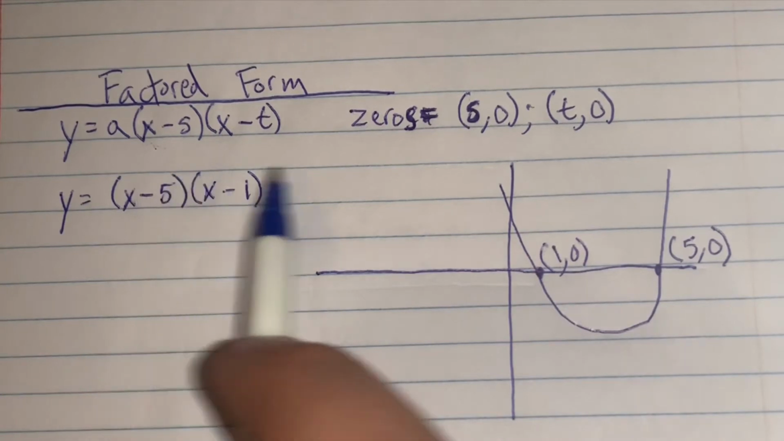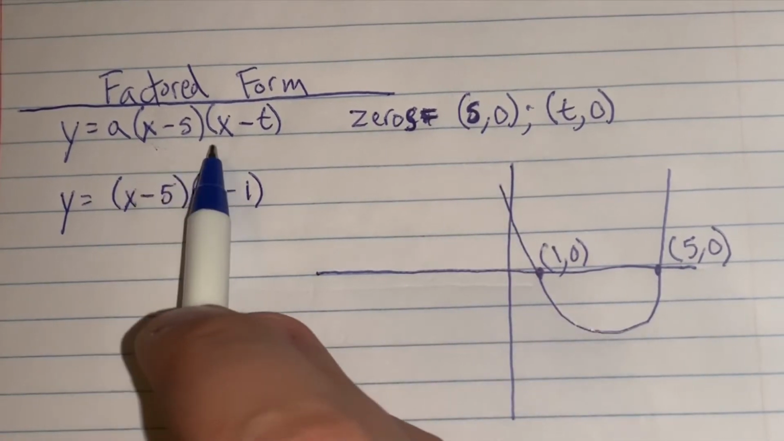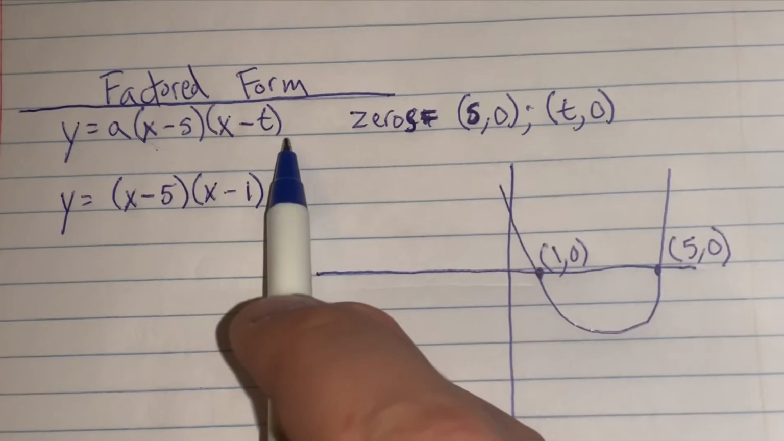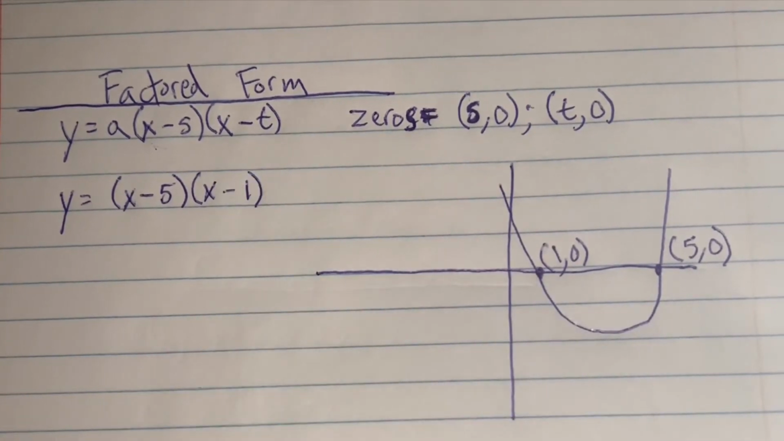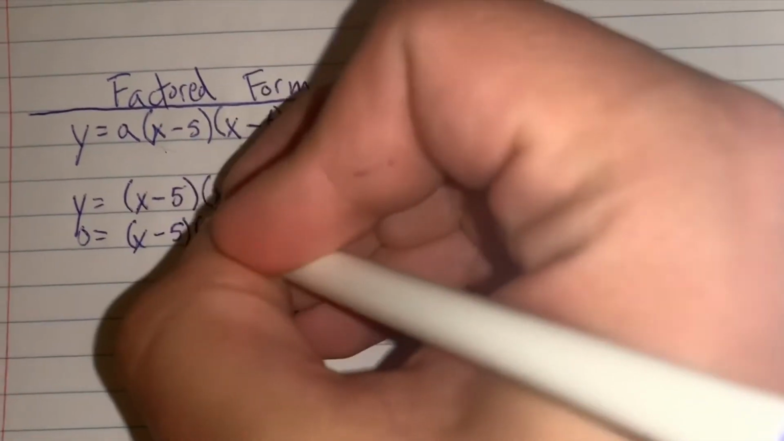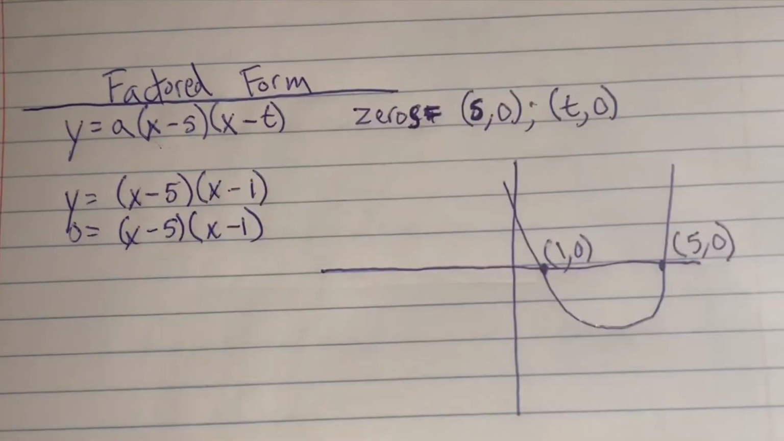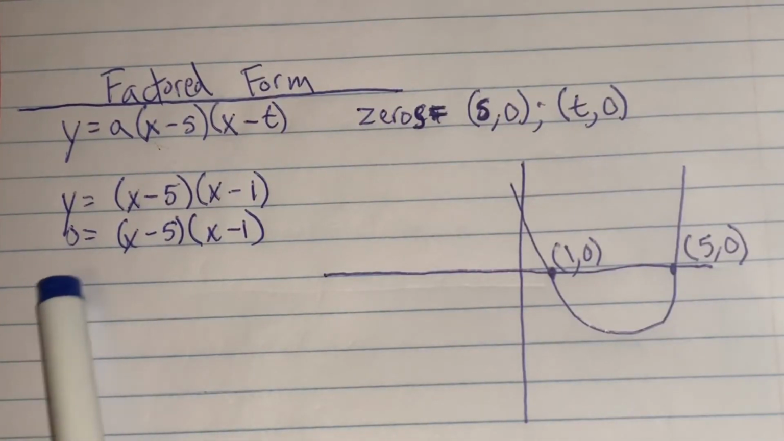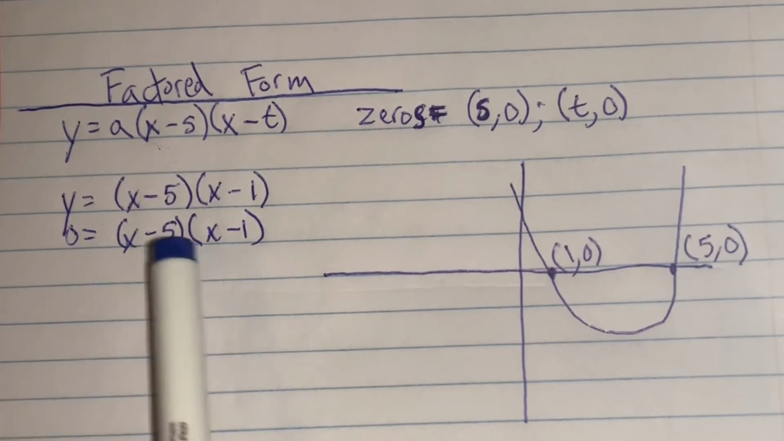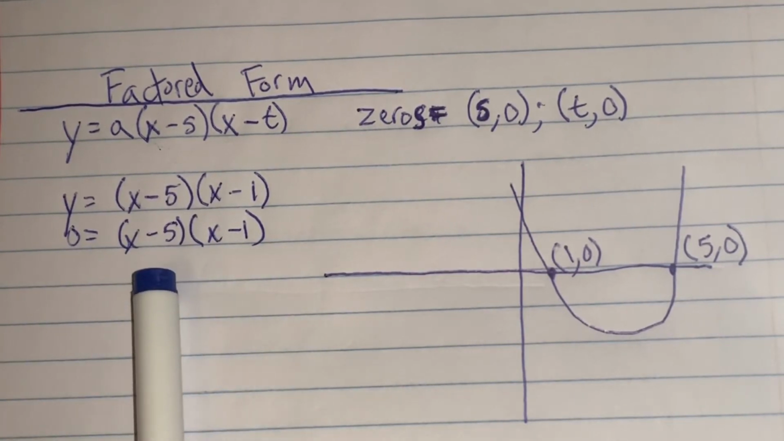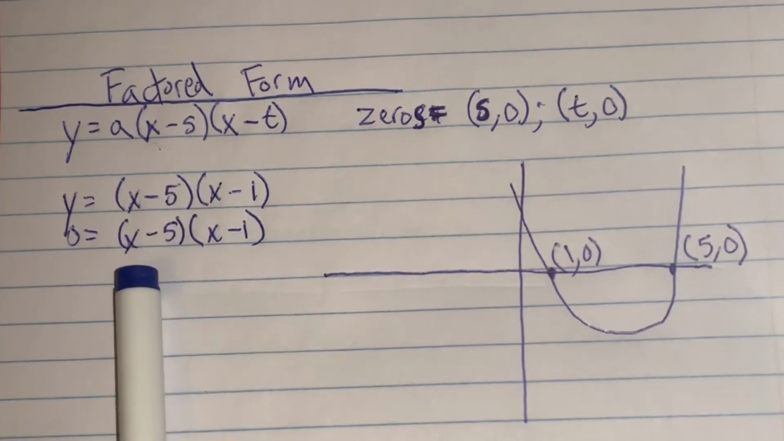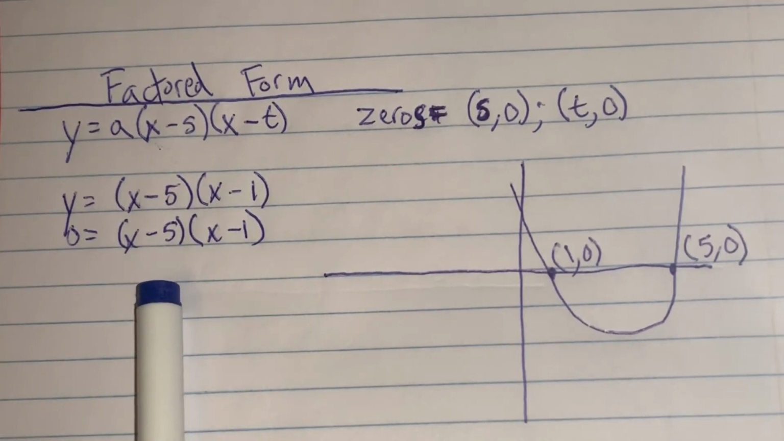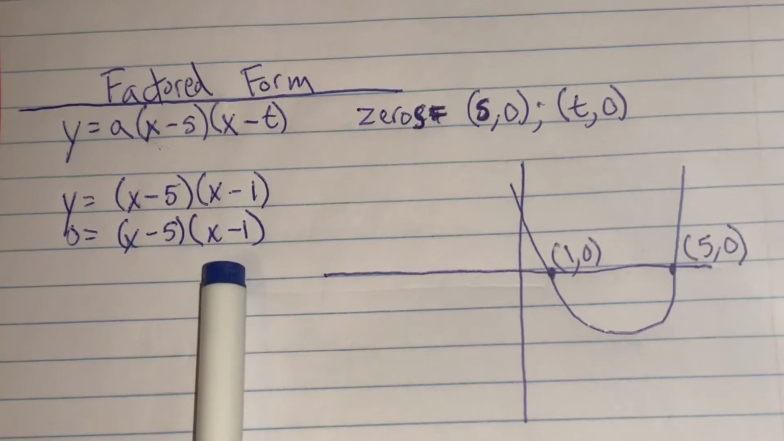In the equation, the zeros are s, so x minus s in the equation, and t, x minus t. So if we set this equation equal to 0 here, the question is, what values of x will make this equation equal 0? So we can see that we have two factors multiplied together. So now if either one of these equals 0, the entire equation will equal 0, because anything multiplied times 0